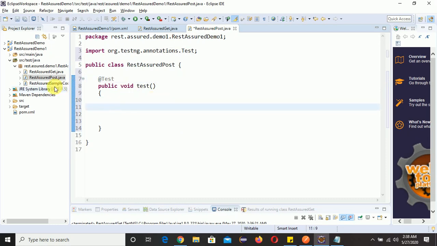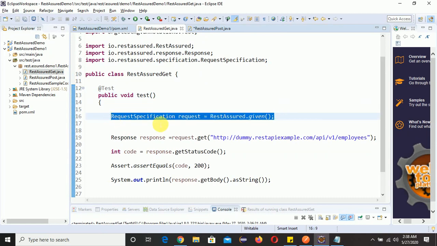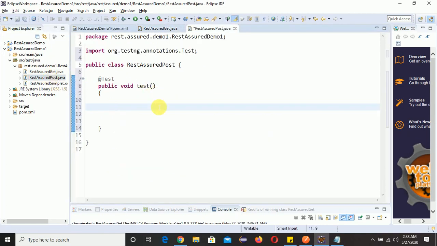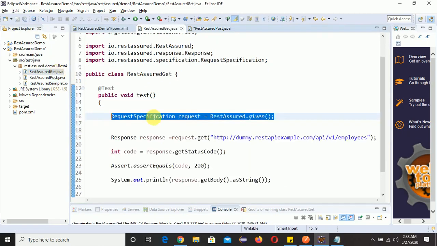Now same thing we need to do here. So if you click here, we have written this, right? So same thing we need to do in POST also. So let me copy here and paste it. And one more thing I want to tell you that is very essential. See, in GET request we are not passing anything, right?